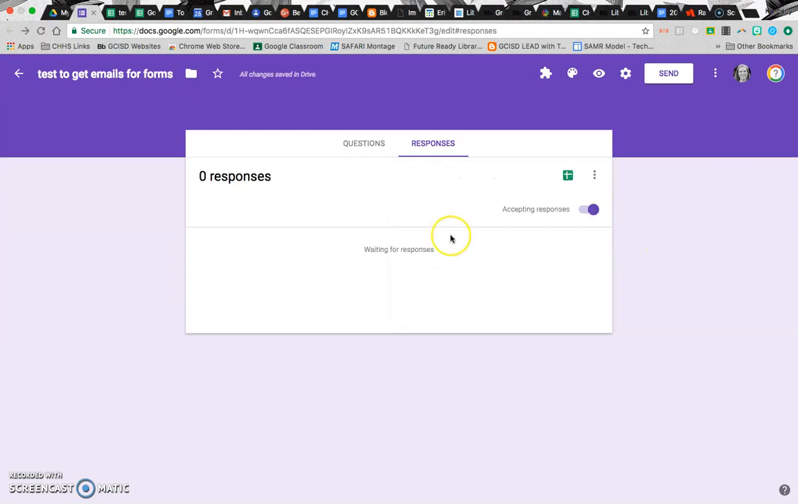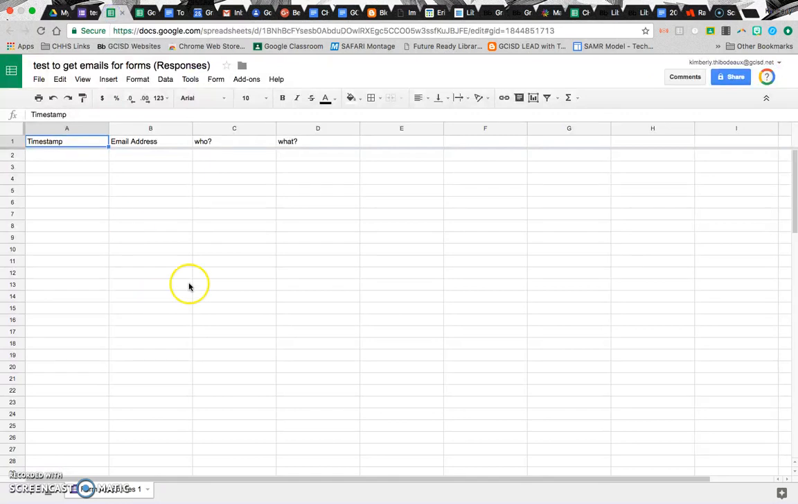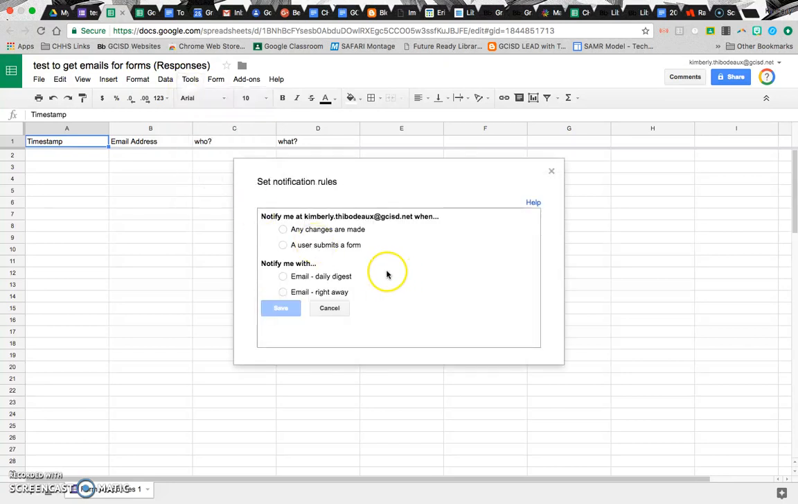Okay, and you would think that was the only thing you have to do, but oh no, the new Google Forms has made it a little bit more complicated. So to get responses when you have it tied to a spreadsheet like we have here, what you have to do is go to Tools in your spreadsheet, Notification Rules, and then you can do quite a bit of things here. You can have it notify you by email when any changes are made. When a user submits a form, that's what I want. I want a user submits a form